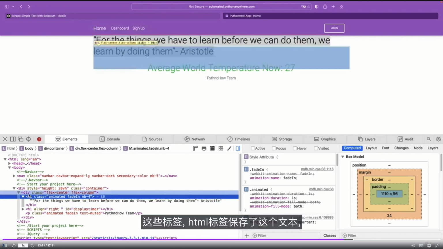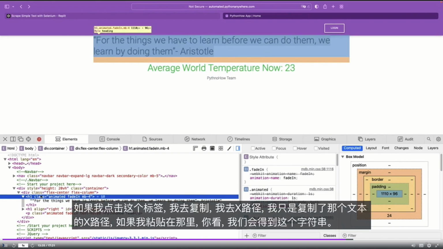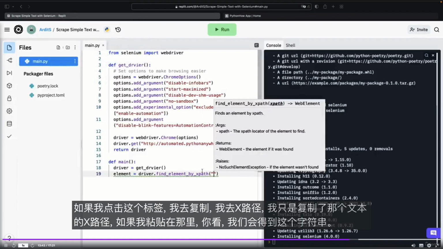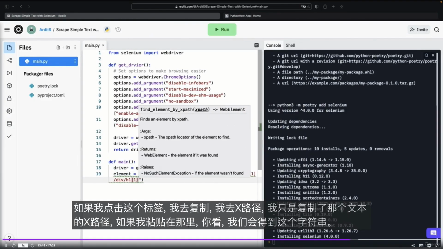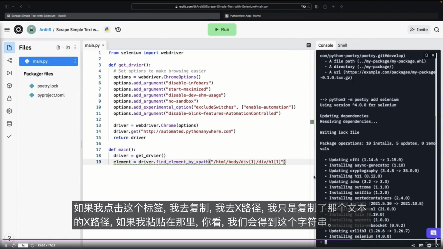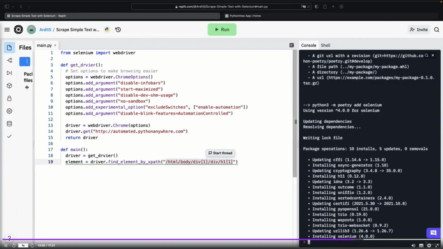So these HTML tags hold this text. And if I click over this tag and I go to copy and I go to XPath, I just copied the XPath of that text. And if I paste it there, you see we're going to get this string. So that's what I copied from there.